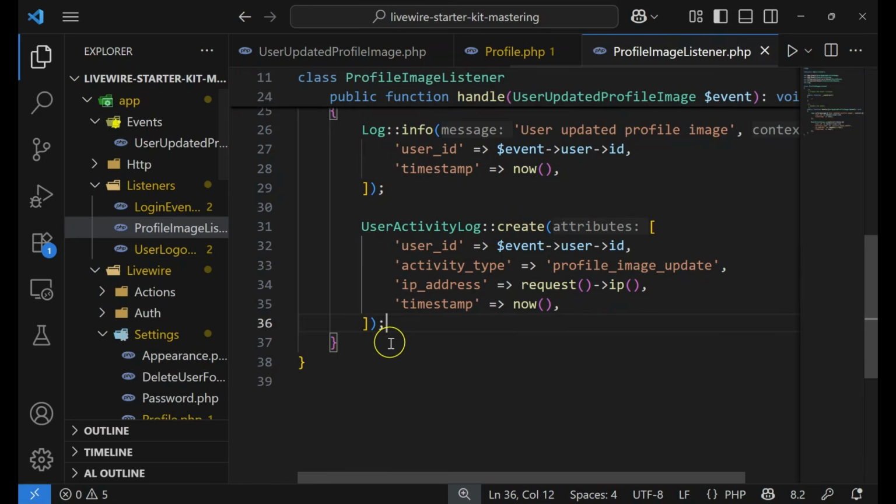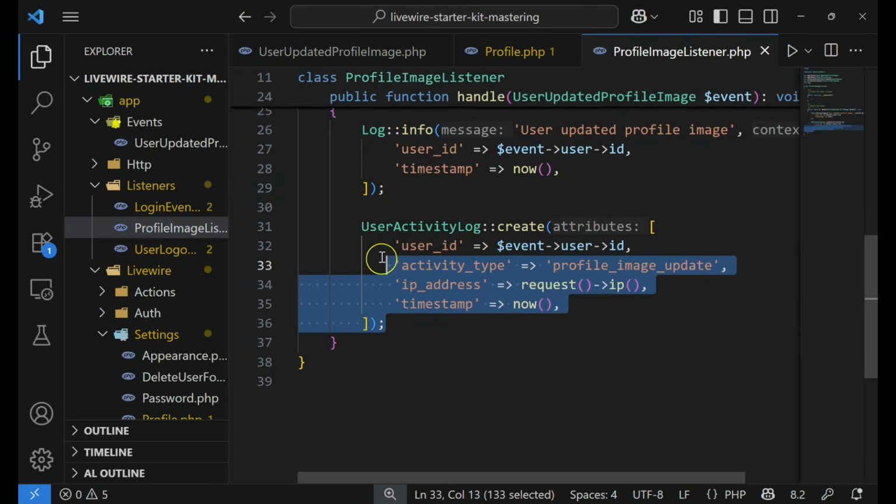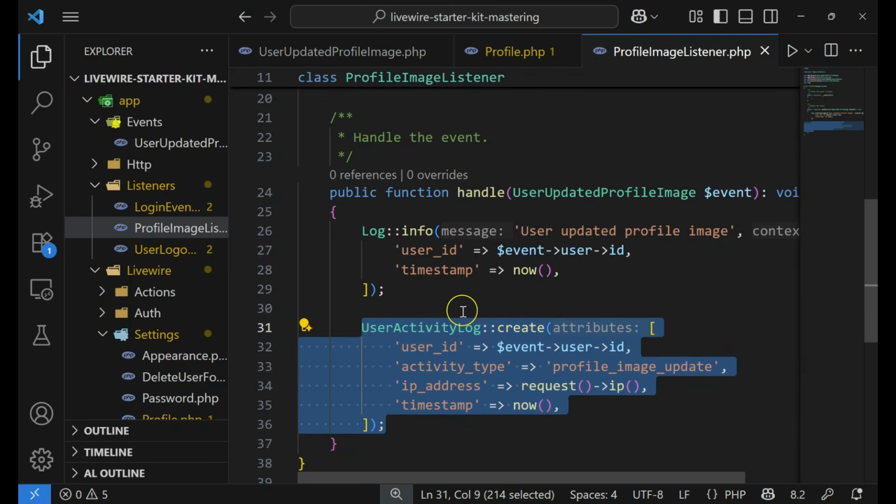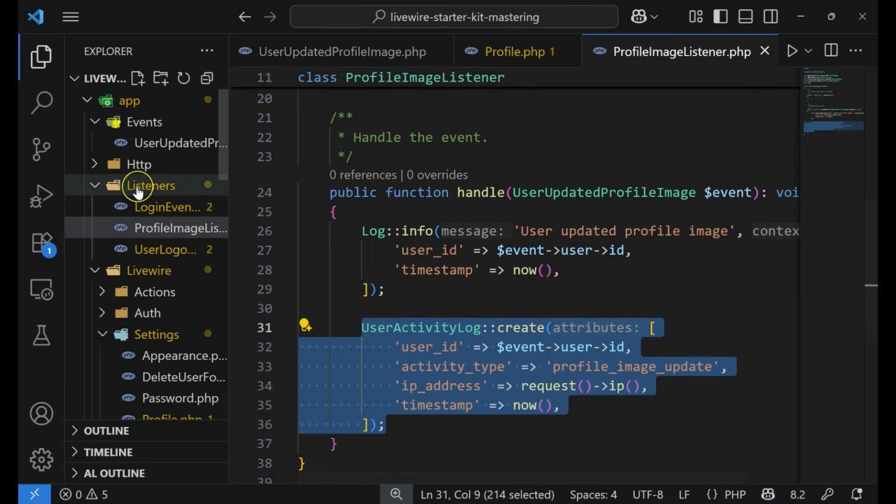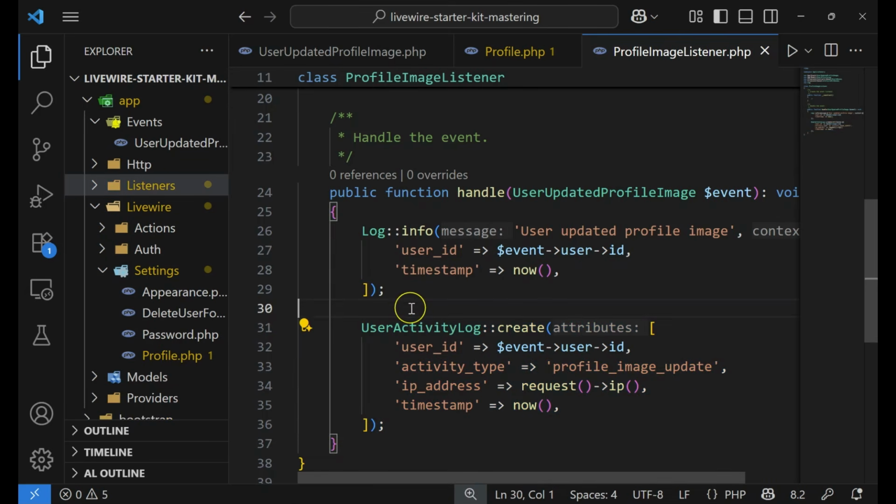So you are not stopped to track other activities, so you can just log other activities rather than these that are associated with the authentication. So you can log other activities like who updated what data and so on. So see you on the next session, where we are going to see how you are going to track